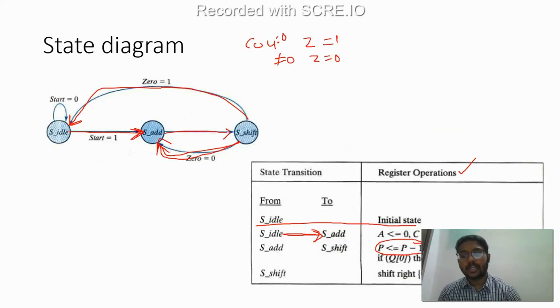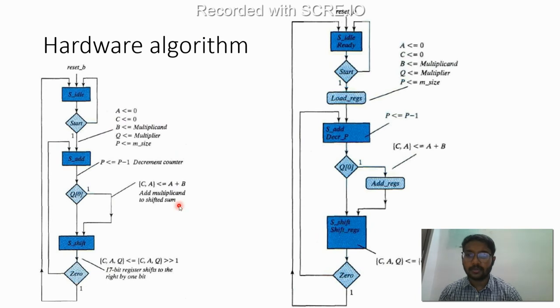so now we will write the ASM chart for this particular thing. Okay, so how do you write an ASM chart again? As I already mentioned, an ASM chart has three types of boxes, right? One is the state box, one is the decision box, and the other is the conditional box. So the state box is whatever state you are in. So here I'm showing you the